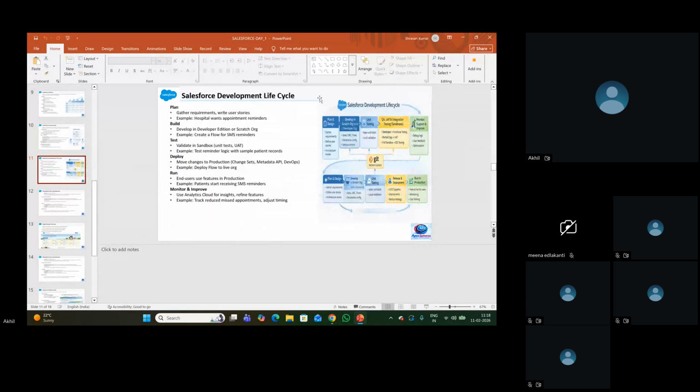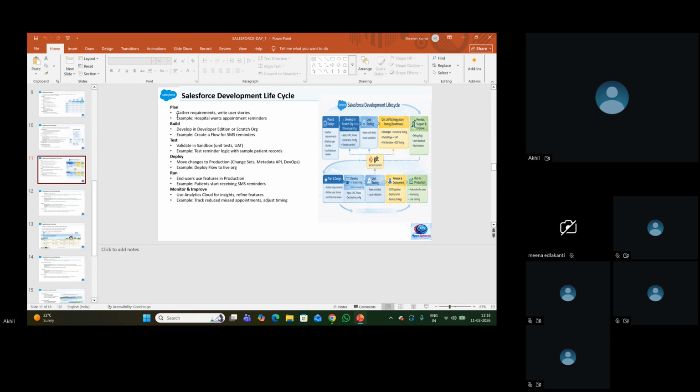Okay, let's look at the Salesforce development lifecycle. This is the general development lifecycle. Whatever we do, from scratch to end, you need to gather the requirements and write the stories. Let's take appointment reminders as an example.